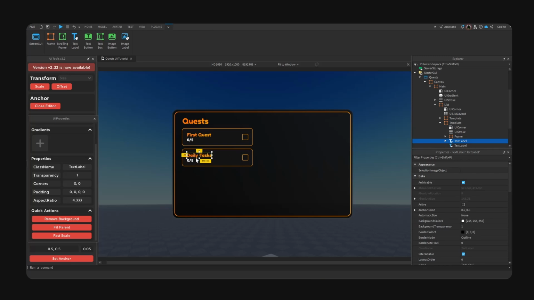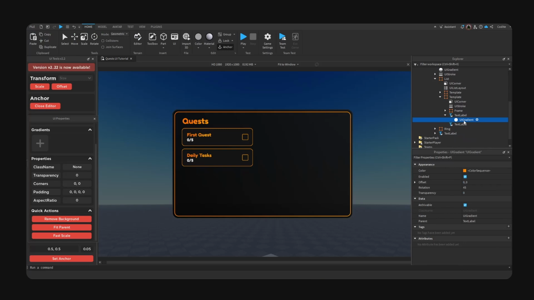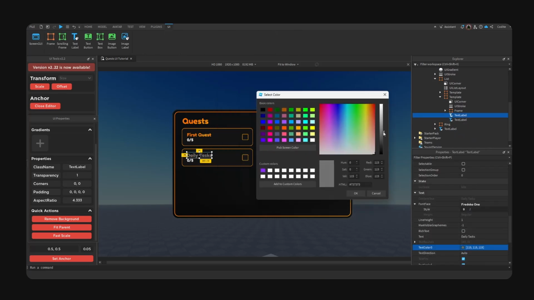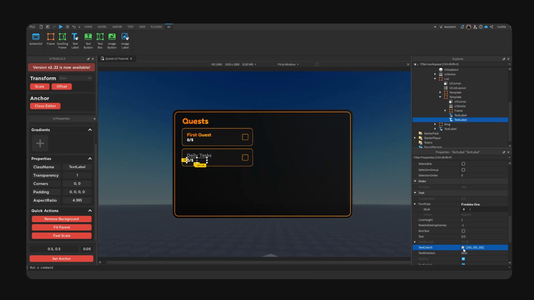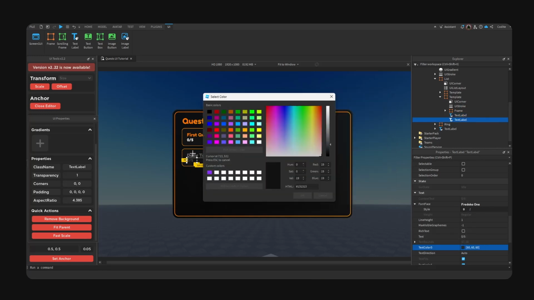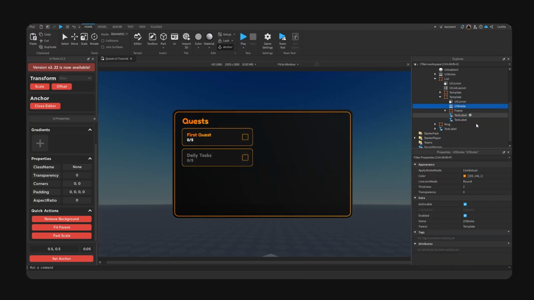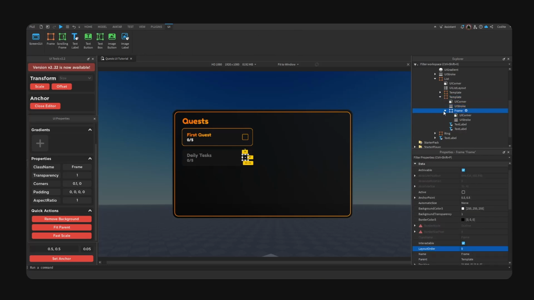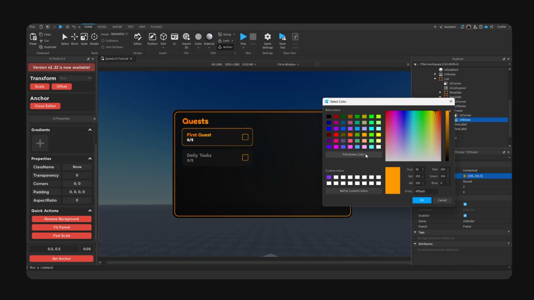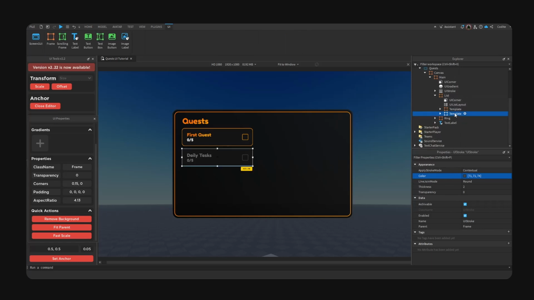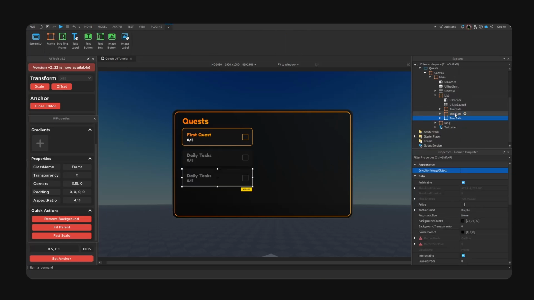tasks, like so. I'm going to remove the effect here and then change the text color so it is out of focus, basically inactive. So right here, and then remove the stroke or just disable, and also change the color of the stroke here. So give it like a nice color, like so. Obviously we can duplicate these a few times